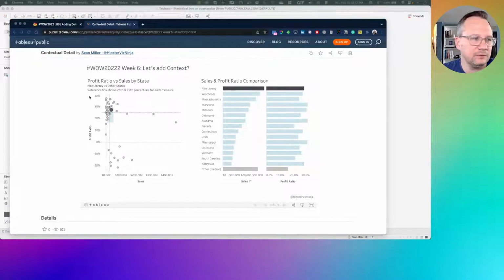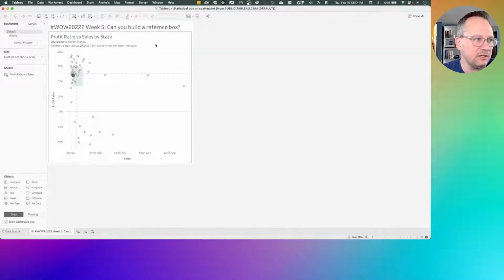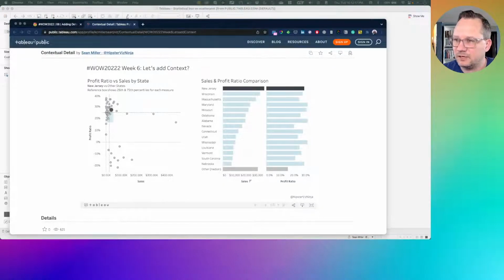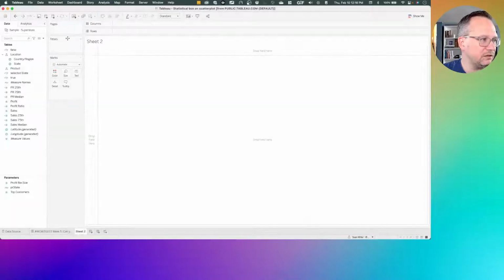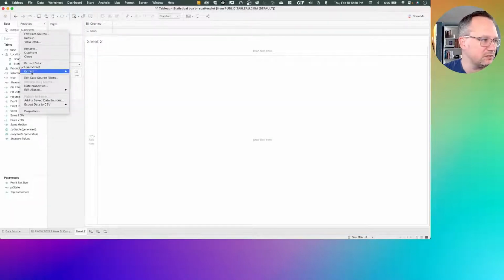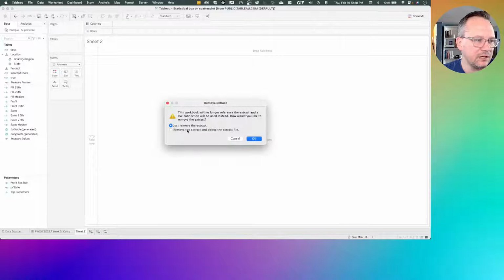So let's go ahead and jump into Tableau. I have just gone in and kind of just done this, so I just open it back up. The first thing that we'll do is start a new sheet. And just so we're all on the same page, I'm going to go ahead and remove my extract for now. We'll put it back in a little bit, right? So I'm going to remove the extract